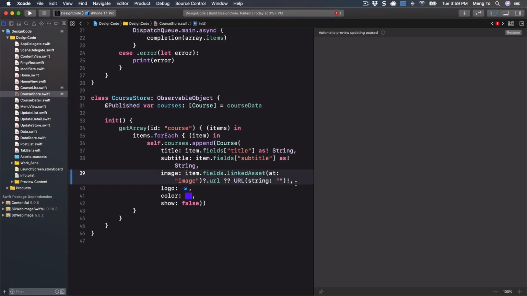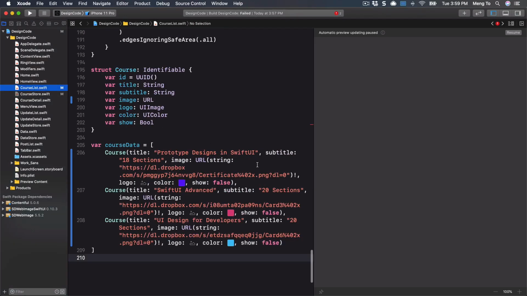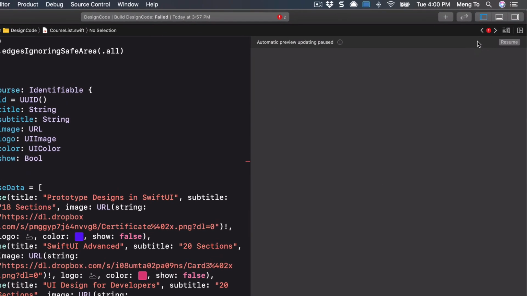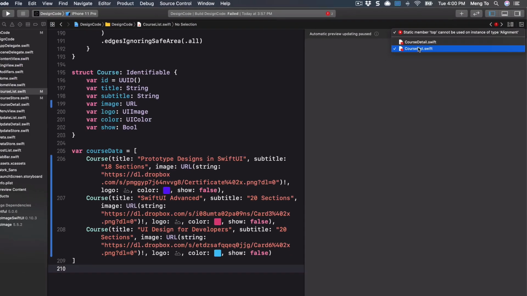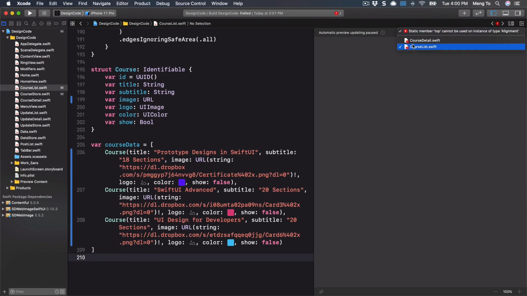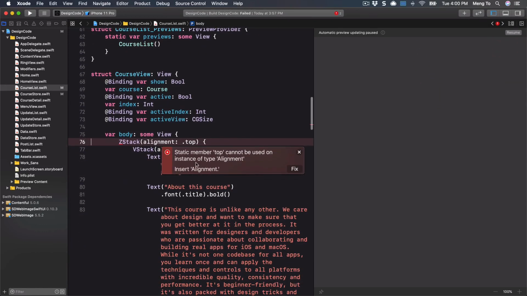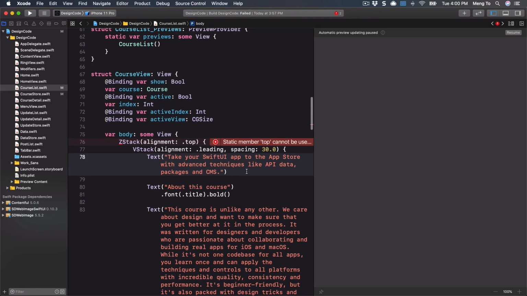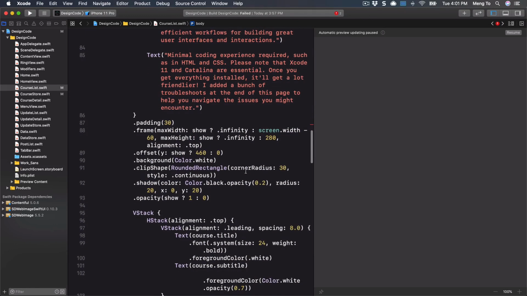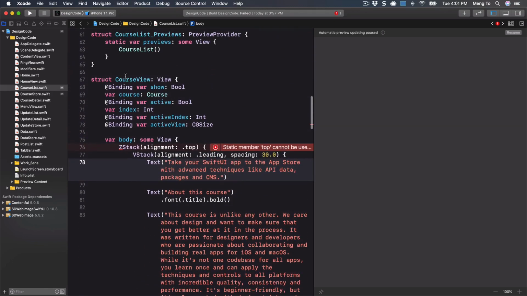So the last part is to make sure that we're applying the web image to our UI. So now it's time to use the SD Web Image library. And first of all, we're going to pinpoint where to replace that image. So you can go to the error images. You can see that in course list, if you click on it, we have the error here. It's not always accurate as to where you're getting that error, but if you scroll down a little bit within the course view,